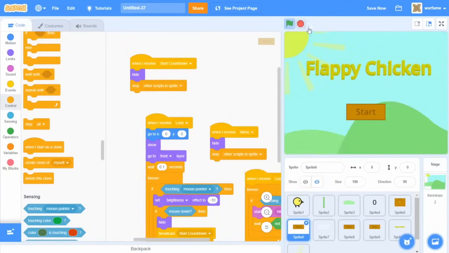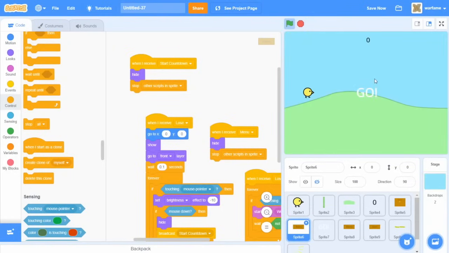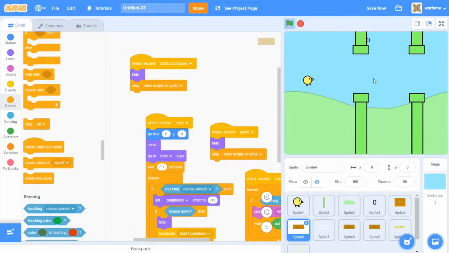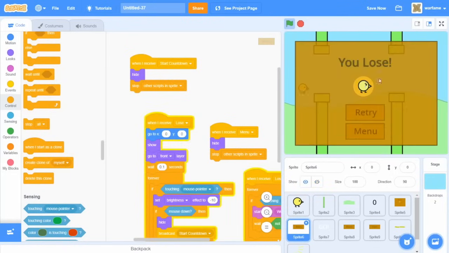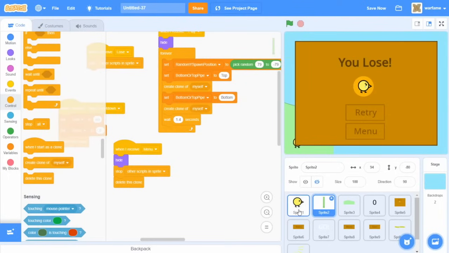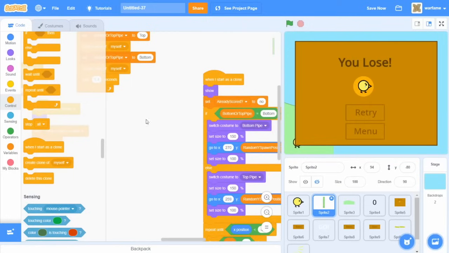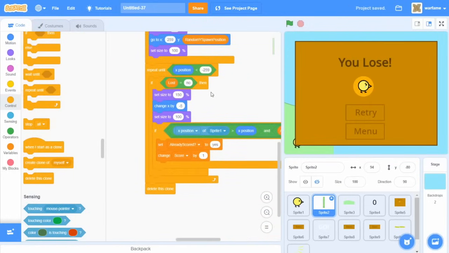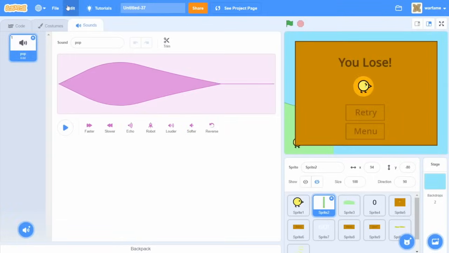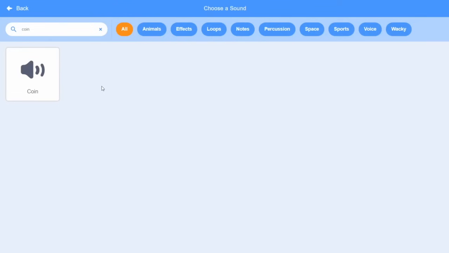And now I think I'm going to add a sound effect to when the bird passes a pipe. Maybe some like high-pitched ding sound effect, or maybe a bell or something. So let's try to find that. Let's go to our pipe. Let's go to sounds now, and I'm going to find the sound. Okay, I found the sound effect, and it's this sort of coin sound effect, like that. So let's add this,